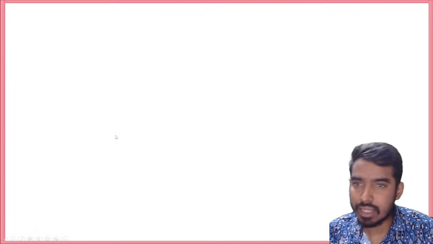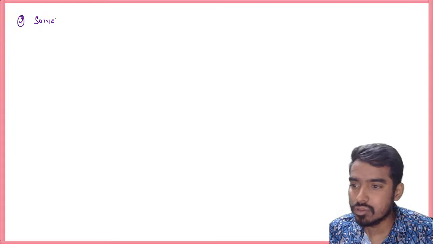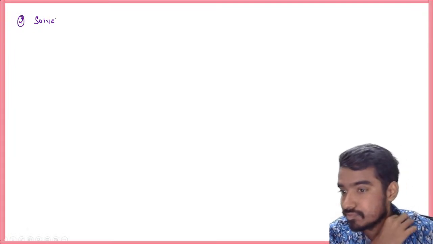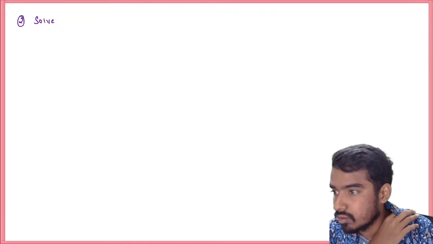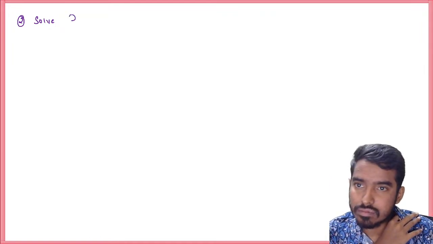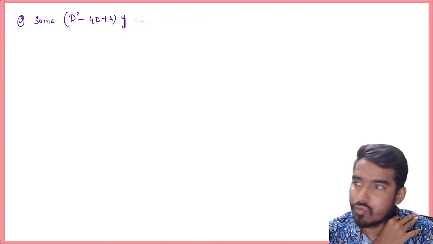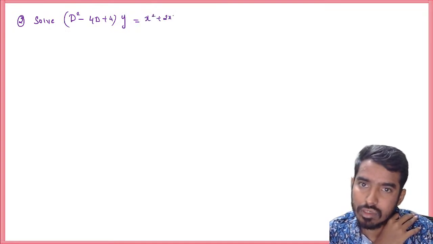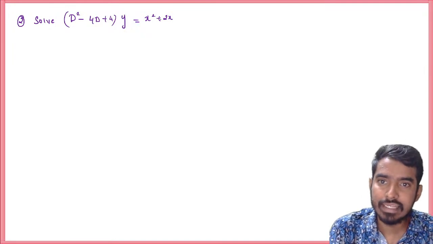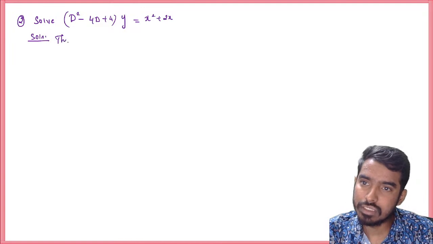Okay, now move on to the second problem. Solve (d square minus 4d plus 4) of y is equal to x square plus 2x. So it is a polynomial in x, right? It is a polynomial in x. Therefore, the general solution is given by